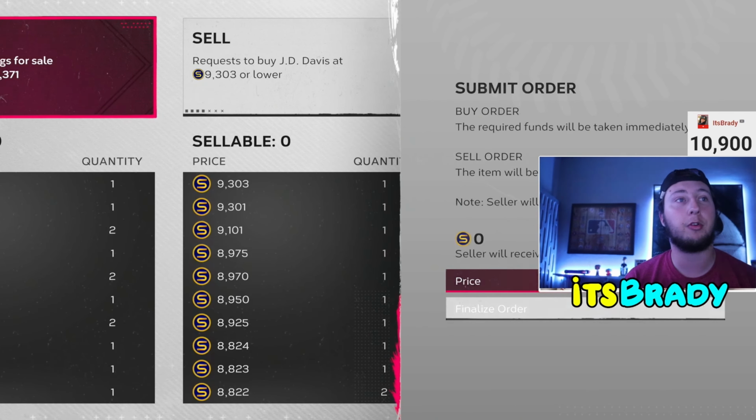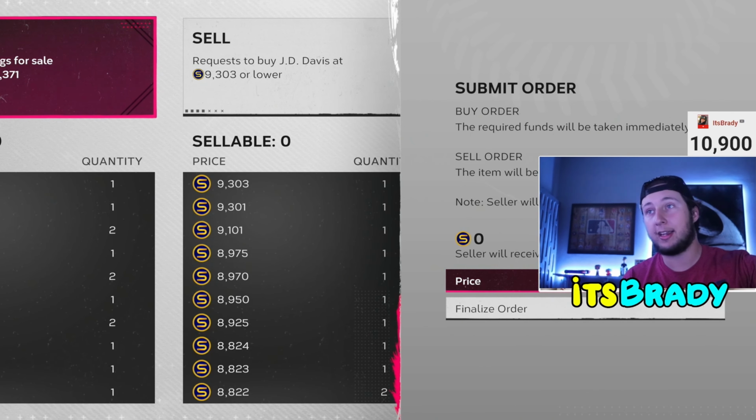You're creating a buy order, and it's 9,300 right here. So I would press on 9,304 because you want it to be one more stub. So 9,304, okay? So you're going to buy that. You're going to get this card. Then you're going to create a sell order doing the same exact thing, but you're going to do it for